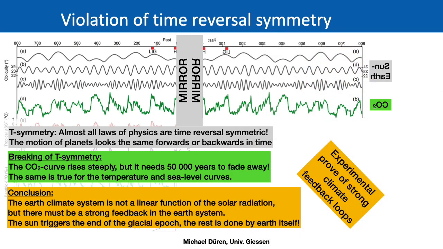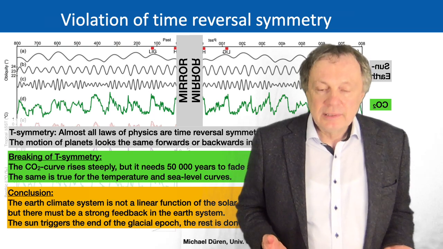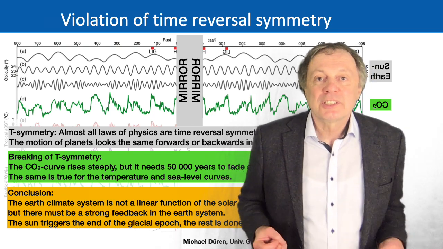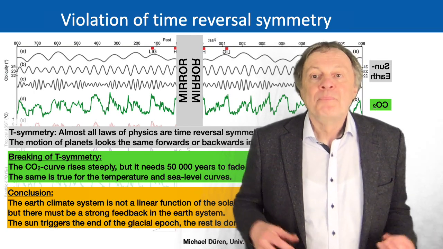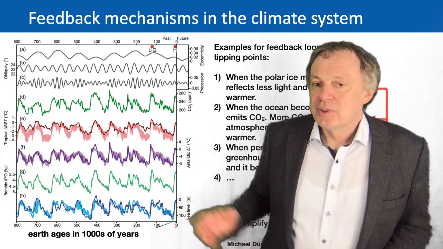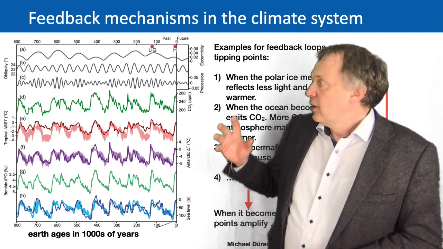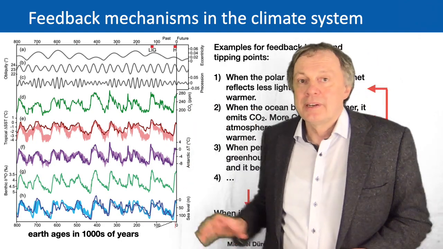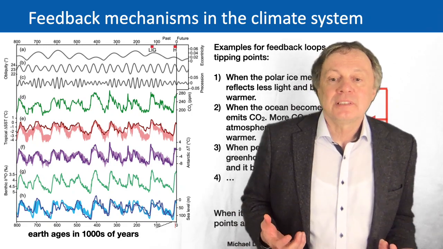So in other words, the movement of Sun and Earth is just a trigger. This trigger causes the Earth system to change. It becomes warmer, and as soon as it becomes warmer, there's a strong feedback of the climate system to become even warmer. This is what we have to understand. So small changes in the climate system can trigger big effects. And this we want to understand in a bit more detail on the next plot. In climate science, you call that tipping points. So you have small changes at one corner, and due to the feedback loops in the system, you get big effects.